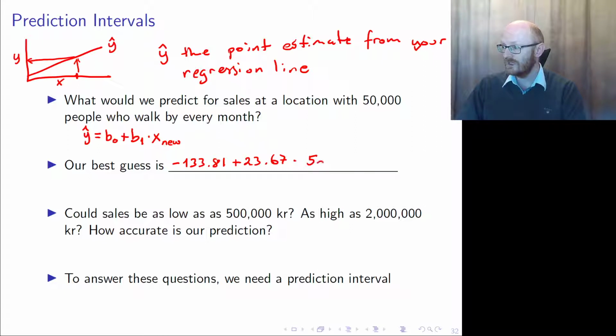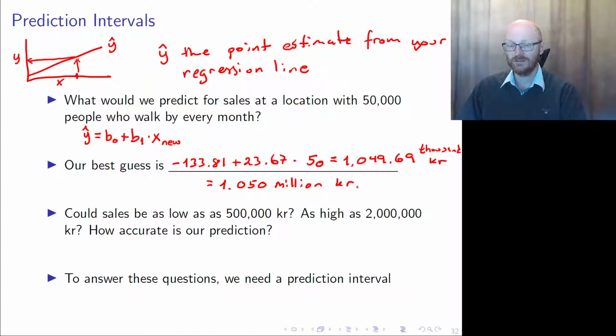Times 50,000 pedestrians, which equals 1,049.69, which is the sales as measured in thousands of kroners. So this is really just 1.050 million